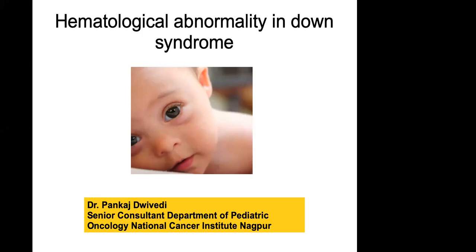Okay, fine. So, good evening, everyone. As a continuation of our web lectures, today I'm discussing hematological abnormality and Down syndrome. In short, you can say hematological abnormality in Down syndrome. This is a very peculiar group of hematological abnormality that is specific to Down syndrome. So here we will discuss a few of the normal abnormalities, and another is an abnormal abnormality which really requires